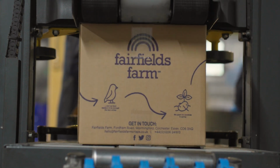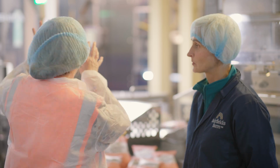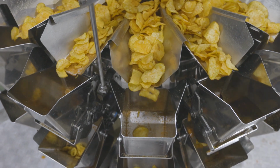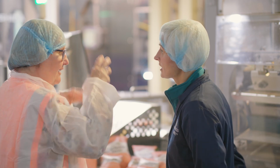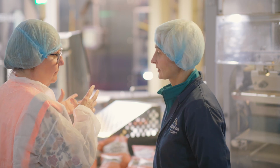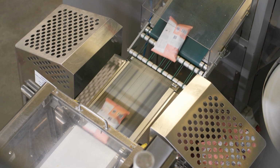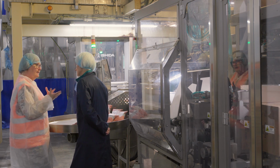So as well as this equipment, of course, what we haven't mentioned are the multi-head weighers that are above us here. What are they doing and how have they benefited you? They're more accurate weight-wise. So how many buckets do you have up there? 24 buckets, all coming down individually. And so has that decreased giveaway? Yes. So you're not wasting as much? No. So you've got that as a quality control, you've got the check weigher as a quality control. So this is all part of your brand strategy of high quality,